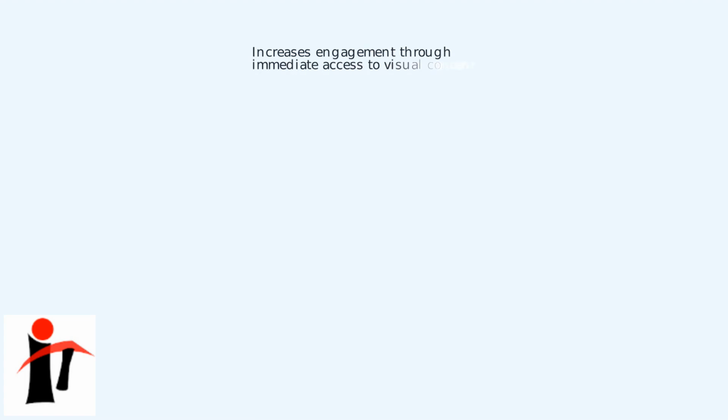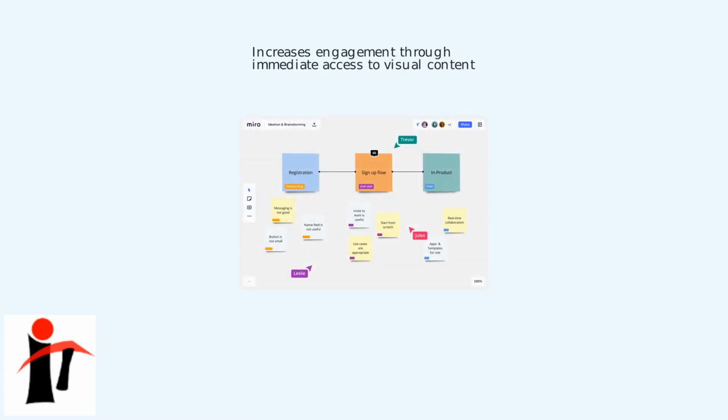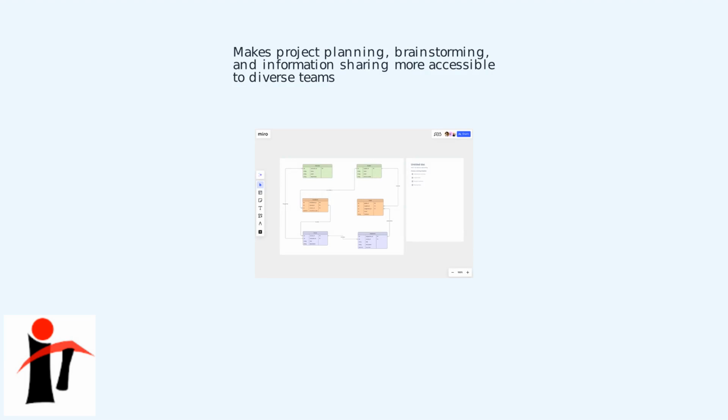Embedding also boosts engagement by providing immediate access to interactive visual content. Users can view, comment, and contribute to boards directly from familiar interfaces, making collaboration more intuitive and participatory. Finally, embedding makes project planning, brainstorming, and information sharing more accessible. Whether it's strategic planning, process flows, ideation sessions, or complex diagrams, teams can collaborate more effectively across different skill levels